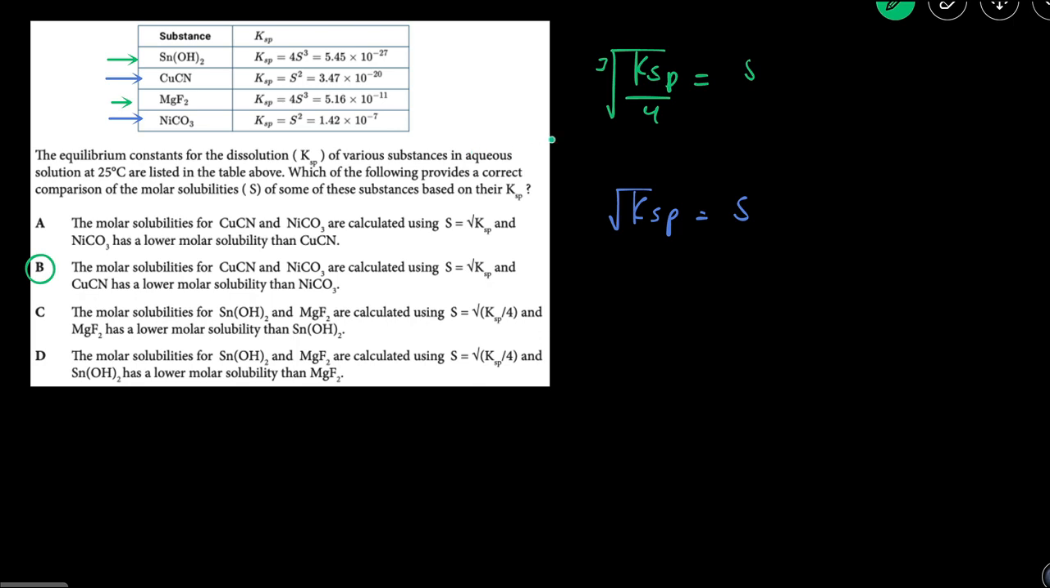If the expression for Ksp is exactly the same, in this case S squared, you can just directly compare the Ksp value, and a higher Ksp value is going to mean that the solid is more soluble. So that means that NiCO3 is going to have a higher molar solubility than CuCN, and that's why the answer